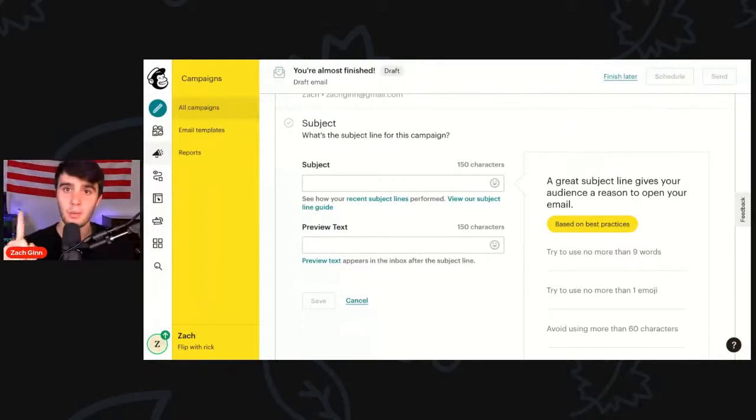Two most important parts. Number one, you have to add an emoji. Adding an emoji has statistically, I don't even know what it is, like 20 to 30%. I'm talking out of my butt here because I don't know the statistic, but it was over 10%. Like you get extra 10% of whatever open rate possible if you actually add an emoji in the first part. So don't put like 123 Main Street and then do the emoji first. And honestly, when it comes to SMS, not email blasting, especially with Mailchimp, the only acceptable ones to actually send to a cash buyer that's somewhat professional and crazy are these.